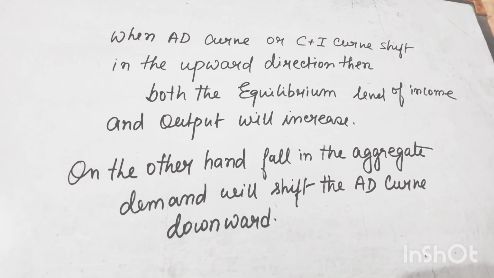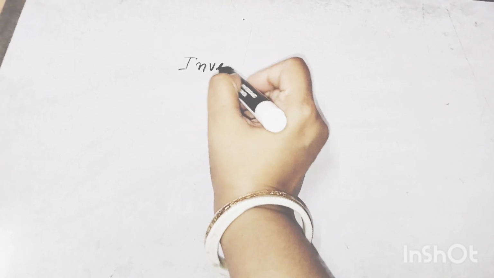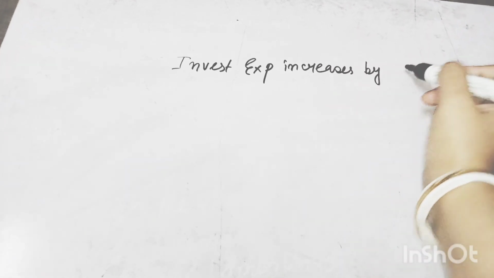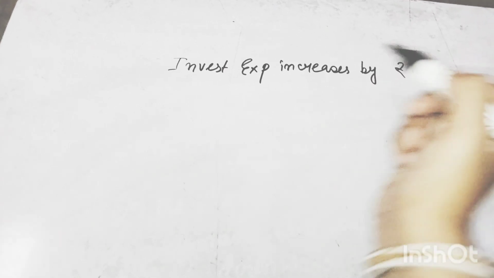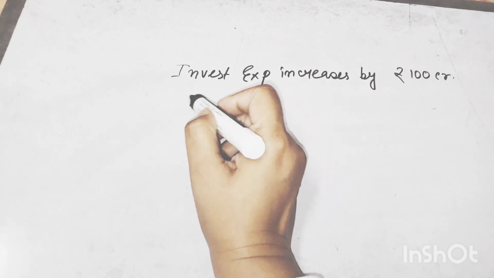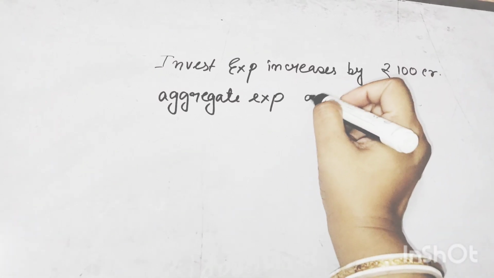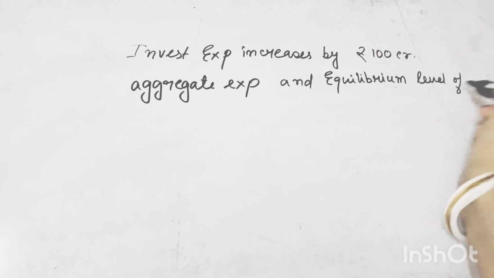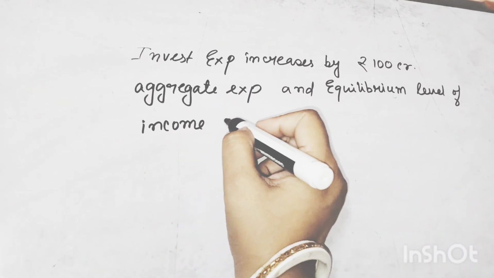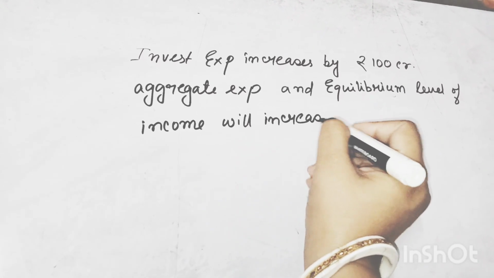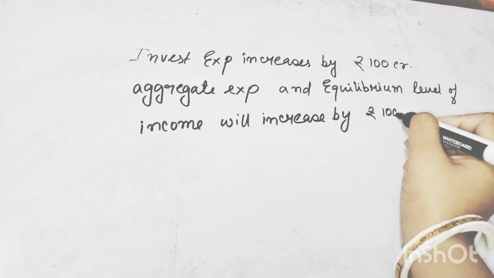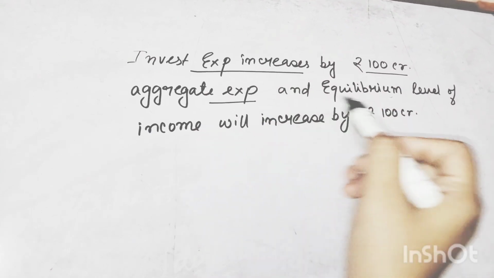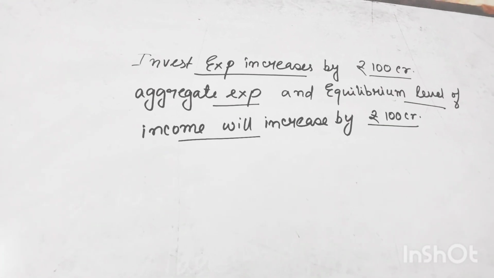Now let us consider that if your investment expenditure increases by rupees 100 crore, then what will happen? Your aggregate expenditure will also increase. Your aggregate expenditure and equilibrium level of income will increase by rupees 100 crore. When your investment expenditure increases by 100 crore, aggregate expenditure and equilibrium level of income will also increase by rupees 100 crore. But